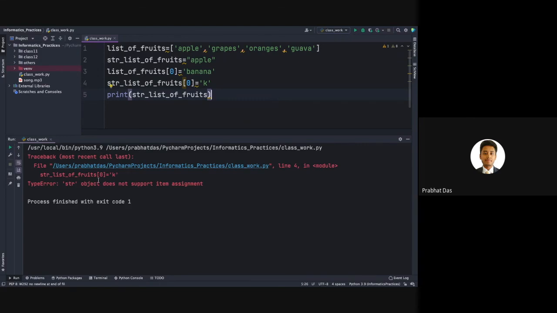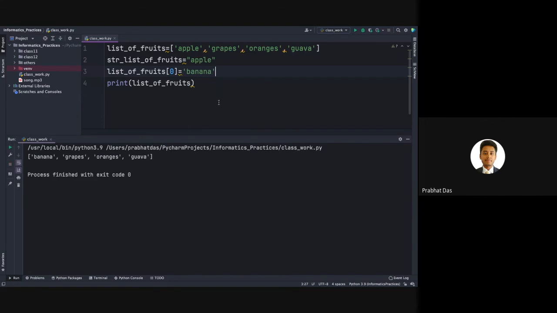Yes, you see that string object does not support item assignment. It means we're assigning a new value to this apple, so that's why it is showing error. But in case of list, it is accepting it. We're not getting any error in case of list. So from this we can conclude that lists are mutable whereas strings are immutable. If we want to manipulate strings, that is not possible, but if you want to manipulate list elements, it is possible.